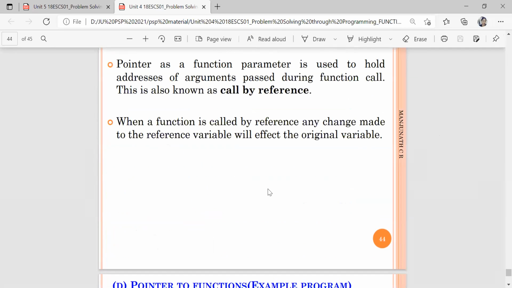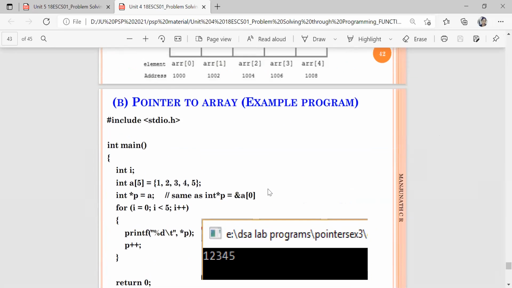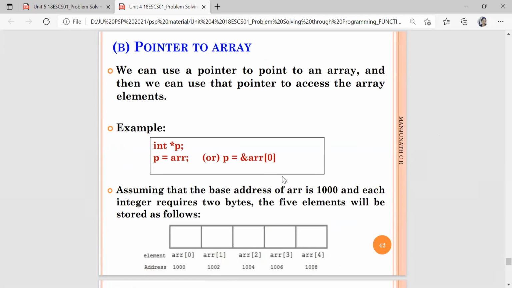Yes, so far today we discussed what is a pointer and what is a null pointer. We revised the concept. What is a pointer, and what are the points we should remember while using a pointer? How to declare a pointer, how to initialize a pointer, how to declare a null pointer, and how to make use of the pointer in 3 different contexts: pointer to pointer, called double pointer, pointer to array, and pointer to functions.